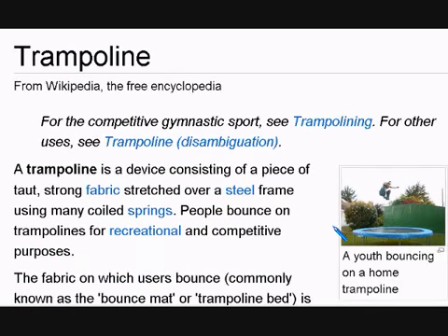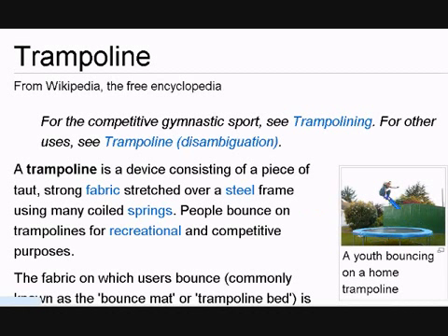So, here is your strong fabric, also known as taut, apparently. So here's your strong fabric with your steel frame. Here's a steel frame, and using many coiled springs. So here, there's little springs all along the outside of the trampoline here, and the people bounce off of the